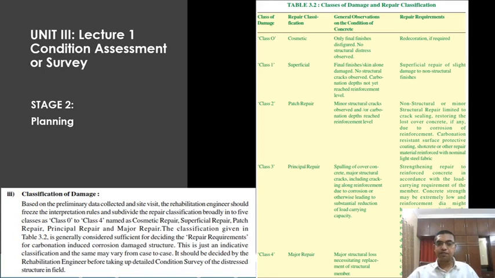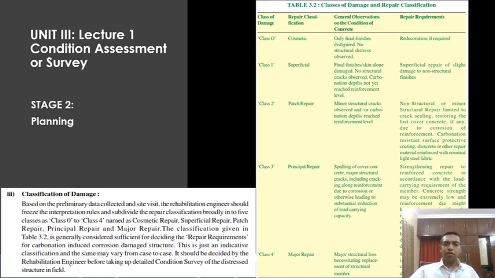Next, principal repair: spalling of cover concrete, major structural cracks including cracking along reinforcement due to corrosion or otherwise, leading to substantial reduction of load carrying capacity. This is a principal repair. And major repair: major structural loss necessitating replacement of the structural member. So you have to categorize.